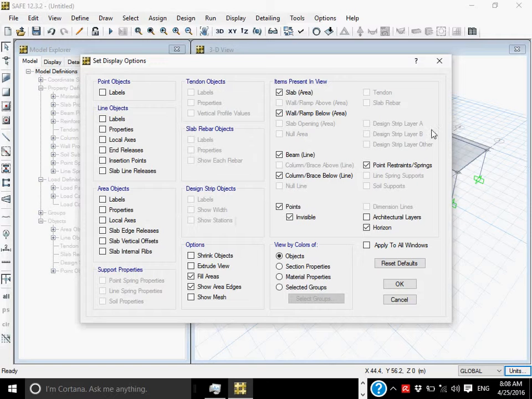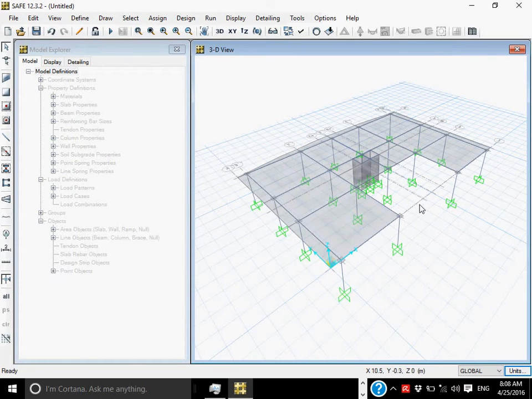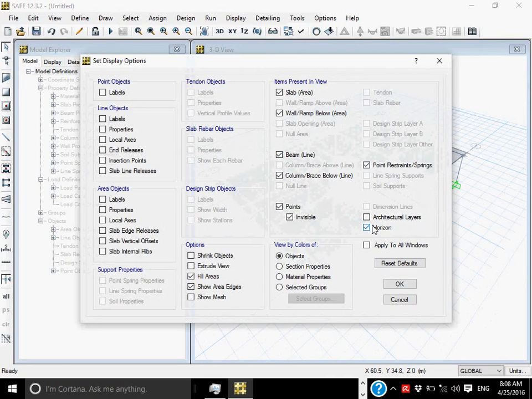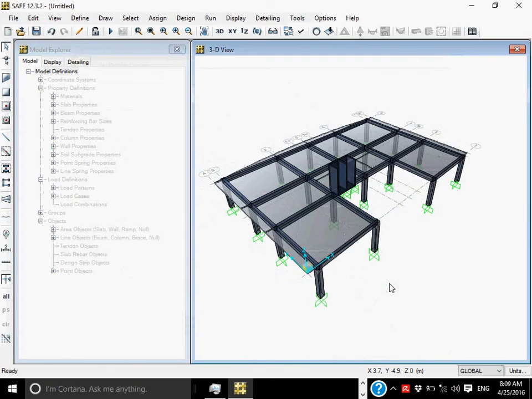Now, for example, you can see the grid, just like a graph. If you want to remove this, just go here, click horizon, and it will go. And if you go to extrude area, so this is the extrusion.